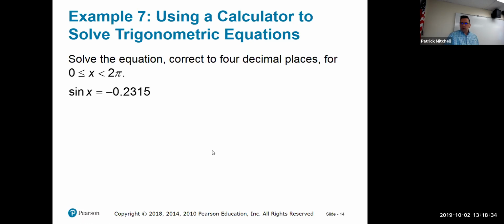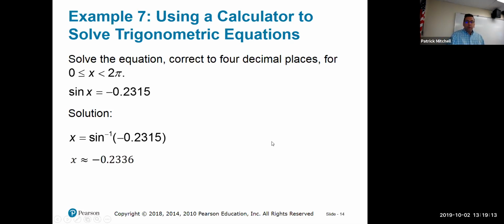All right, one last calculator example. They want me to solve the equation, correct to 4 decimal places, in the interval from 0 to 2 pi. Sine x equals negative 0.2315. Now with this one, I have to be very, very careful. So I'm going to start off by asking the calculator what is the inverse sine of negative 0.2315, and the calculator tells me that the inverse sine of negative 0.2315 is about negative